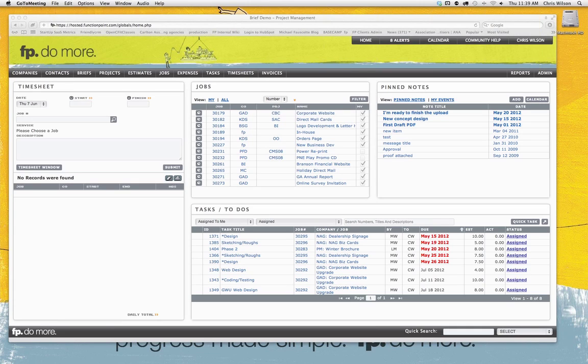Excellent. One of the questions that's come through, thanks very much, is with regards to the printing of briefs. Actually, as I was showing the brief, forgive me, I didn't take a close look, but I didn't see it drawing out the brief printout the way I would like to have.